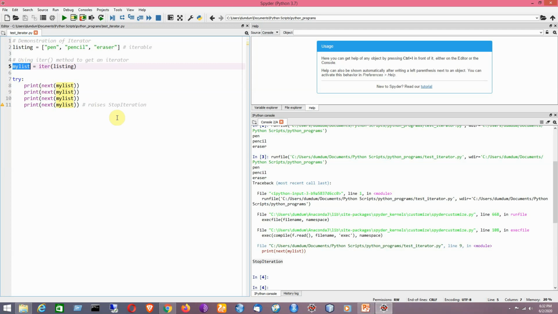Now I would like to deal with it. So I need to make use of the except, that is the matching thing to be applied here. So it will be just showing here a message that is stop iteration error occurred.